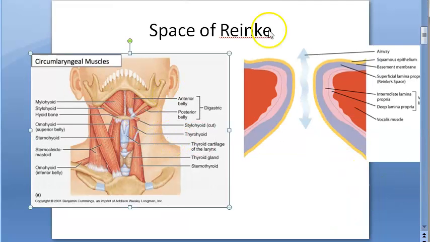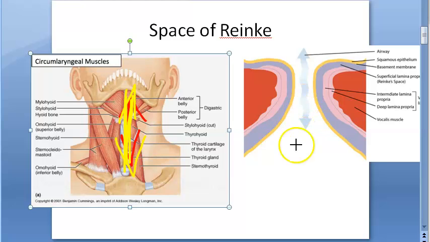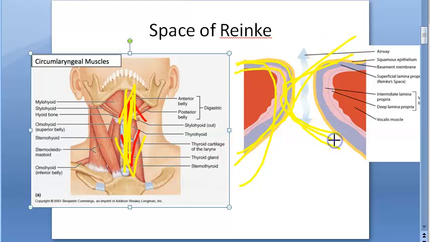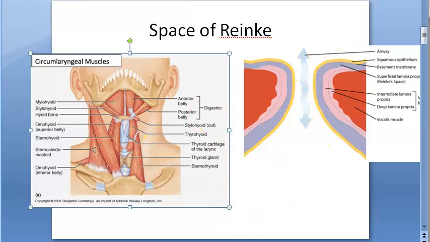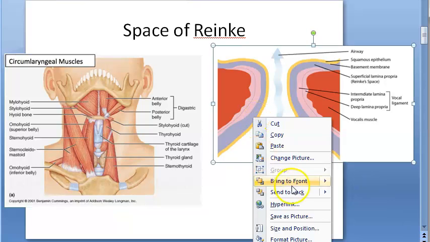So now let's look at it. First let's understand the space of Reinke. So this is your neck, let us say. So the air is going up and down here, right? This color is bad for you, so look at this in a better color. The air is going up and down in the trachea. So who is protecting this? It is the vocal cords, okay? There are two things like this that close and open, right? For your speech also. So these are the vocal cords. Now what they have done, they have taken a cross section of these vocal cords. Okay, now let us look at the details of the cross section.